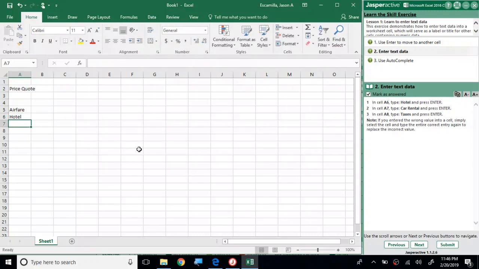You can push enter. Once again, you do not have to double click in the cell. You can just type and your text will be inserted into the cell. We'll type car rental and press enter, and in cell A8, we're going to type taxes and then press enter. It says here, if you entered the wrong value into a cell, simply select the cell and type the entire correct entry again to replace the incorrect value. So if you mistyped any of these, just retype them. All right, make sure you click mark as answered, and we're going to go to the third task, which is